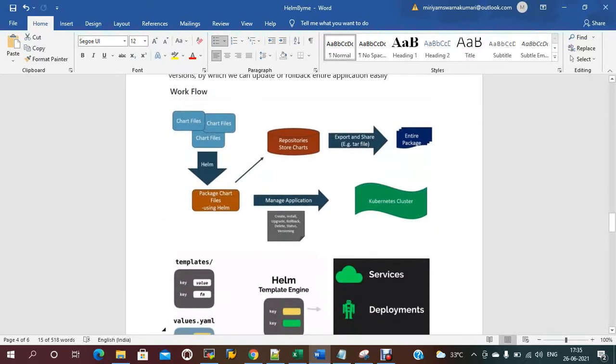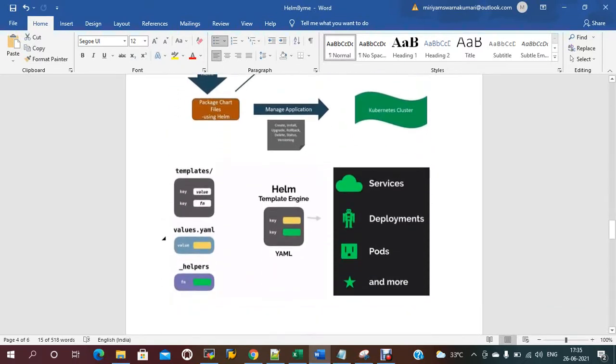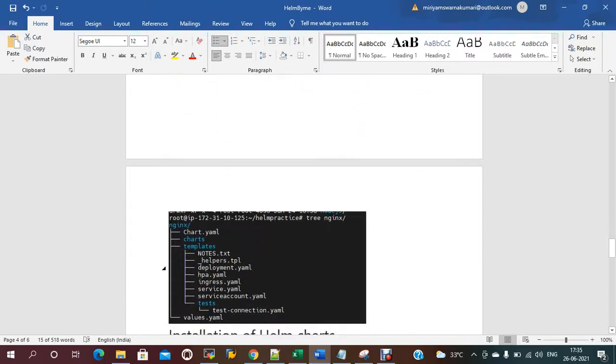cluster. So Helm has this structure, when I have just created Nginx, right? The chart will have Chart.yaml, a charts directory, and templates. In the templates we'll have the default files like deployment.yaml, hpa.yaml, ingress, services.